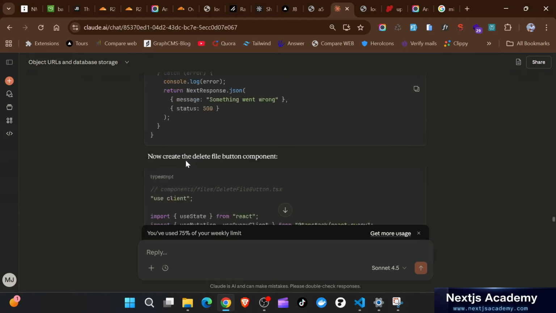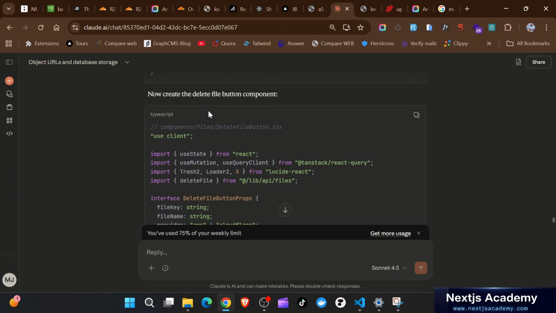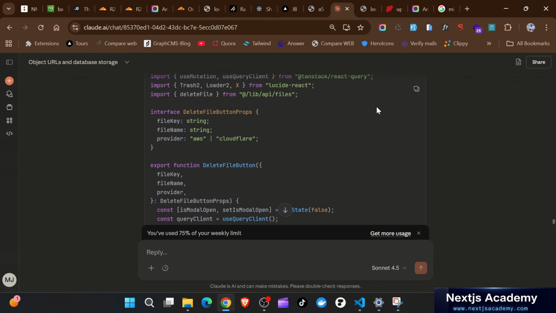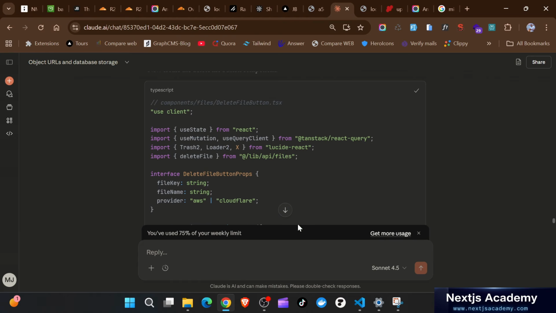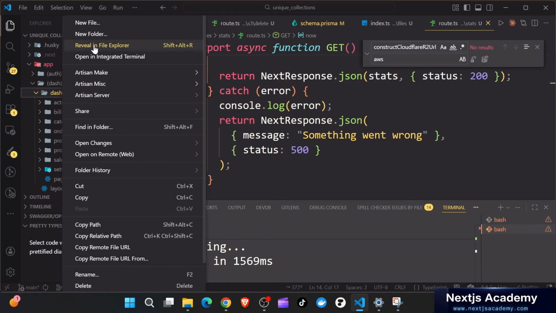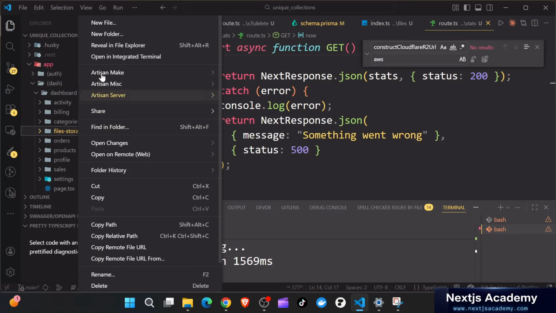Then they delete. So you can just say create new delete button component. Okay, so you have the delete file. This one is the delete file component. So we can also just go in the dashboard. We're just going to have another files. Just going to create a new folder called files, or we could just call this like file storage. Okay, I'm just going to create